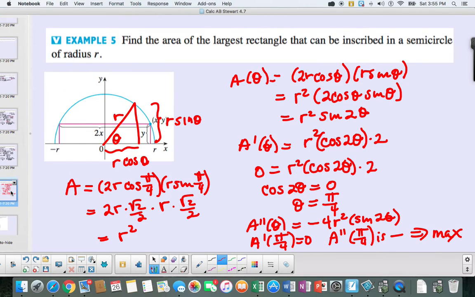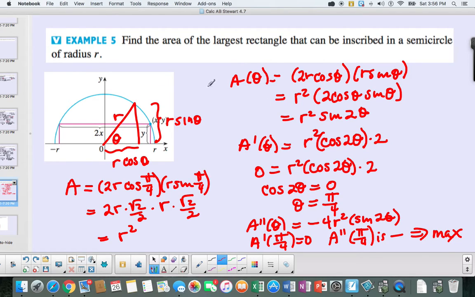Now there is another way to do this problem. If you want to take a look at it in terms of the angle, then this is the radius, and this will be r sine of theta and r cosine of theta. And the area will be the x length, which is 2 of these, so it's 2r cosine theta, times